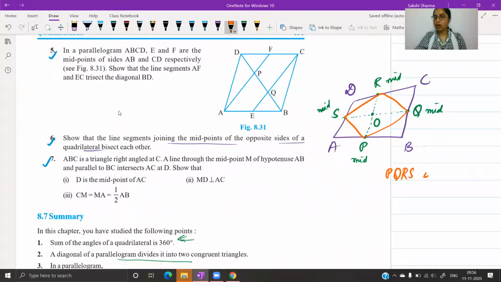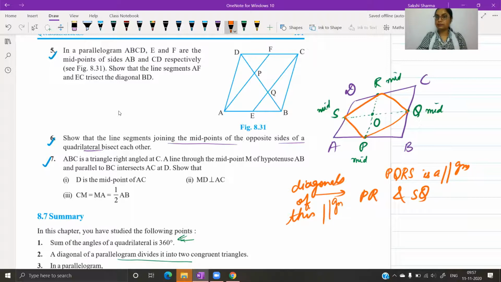So if we can prove that PQRS is a parallelogram, which we just did in question number 1, अभी prove किया है हमने कि हमारे पास अगर एक quadrilateral है और चारों sides के mid points हैं, उन mid points को अगर join कर दिया जाए तो अंदर वाला जो quadrilateral बनता है वो parallelogram होता है. हम यही चीज इस question में भी prove करेंगे कि ये जो quadrilateral बना PQRS, it's a parallelogram, and then PR and SQ, these are diagonals of this parallelogram.